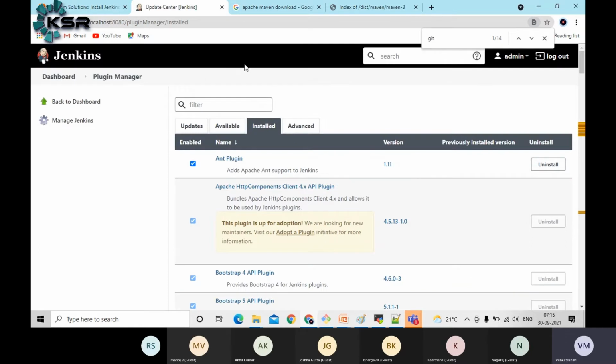Why is Jenkins famous? Let me tell you. This is the biggest open source community. So even if you have some new tool and no plugin is available, you can develop your own plugin and upload it to the Jenkins repository. They will validate it, and if everything looks good security-wise, then they are going to approve your request.